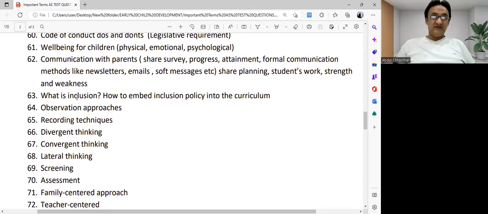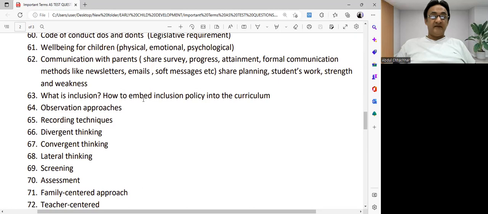So with inclusion, they can ask you about the SEN students, or the students of determination, and how you'll be able to embed the inclusion policy into the curriculum. If you know how to prepare the grade level curriculum, you can easily embed these standards into your curriculum. Okay, so you can recognize all these things